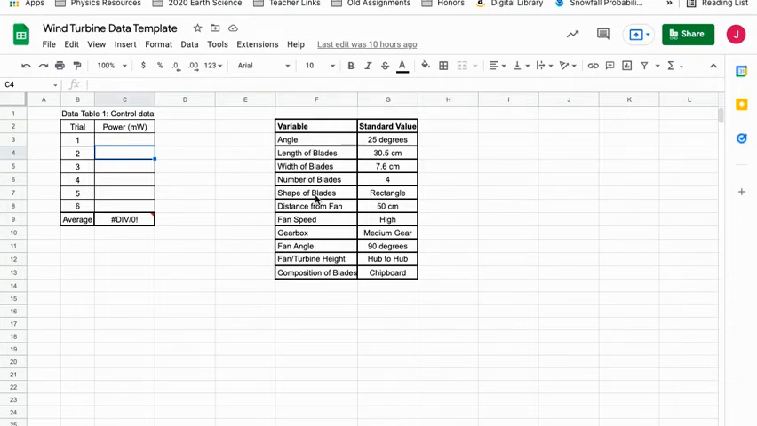your control data. So again, if you're changing the length of the blades eventually, everything else should be kept the same, and you would only change the length of the blades. If you're going to change the width of the blades, everything else would be kept the same, and you would only change that one variable. So this is your go-to to make sure that you're only changing one of these things at a